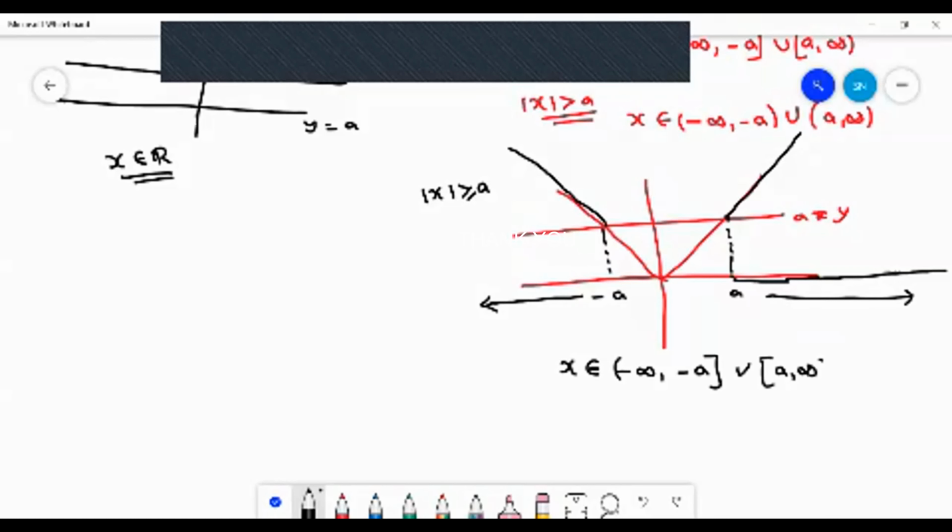Semi-closed. Once again, I'm repeating: collect the values of x at which the graph of mod x, I mean the part of the graph of mod x, is lying above the graph of y equal to a. Right? So this is the solution set. This is regarding